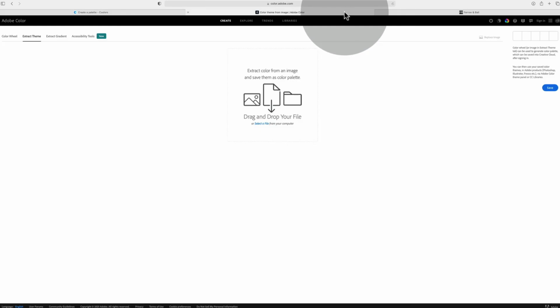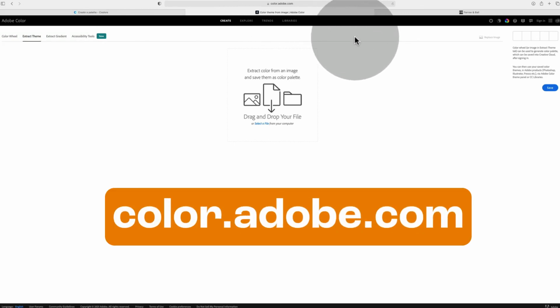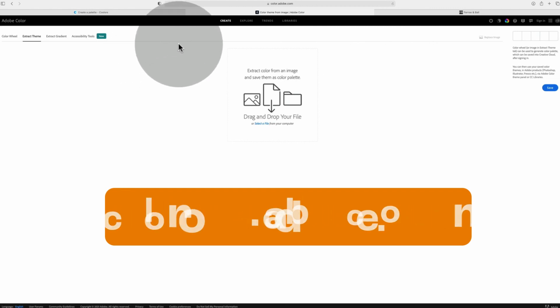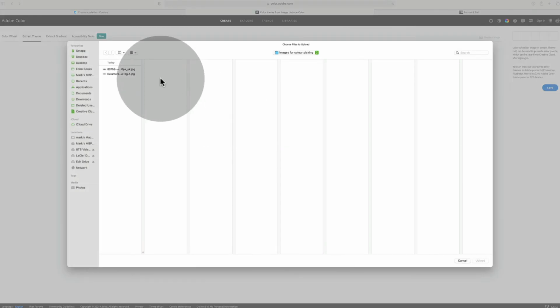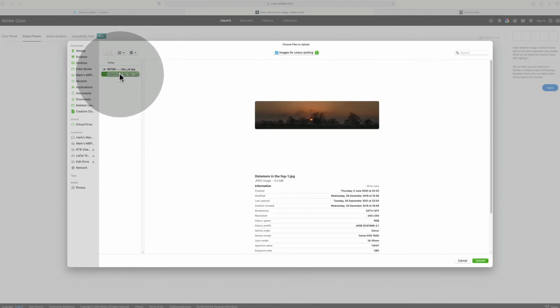Let me also show you this, because I use the Adobe suite. You can go to Adobe Color or color.adobe.com. And again, this is not sponsored, but one of the ways that I can create a palette for myself is to extract a theme from an image. So if I select File and go to this folder here, this is a picture that I took in Delamere Forest quite a long time ago, actually. Probably tell me here what year I took that, but anyway, some years ago,